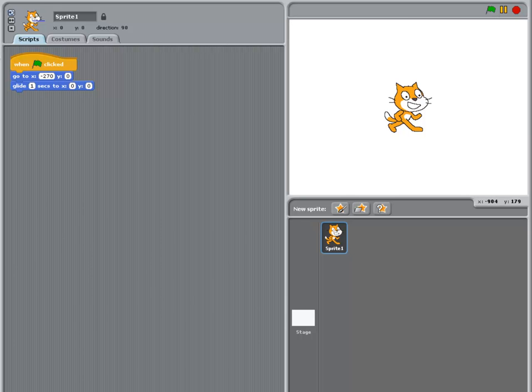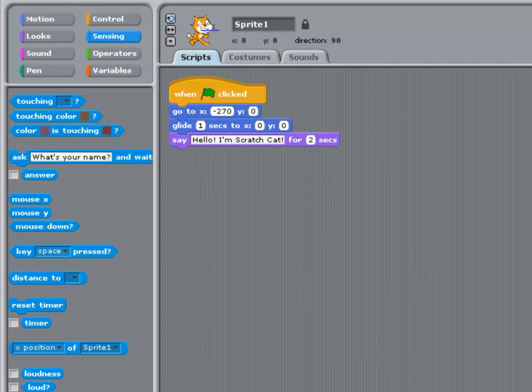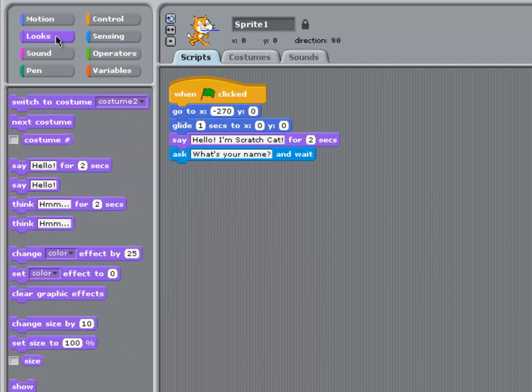So once again, looking at my algorithm, I'm going to get the cat to say hello, I'm Scratch Cat for 2 seconds. The cat is then going to ask, "What's your name?" and wait for an answer. Once the user's replied, it's going to say,